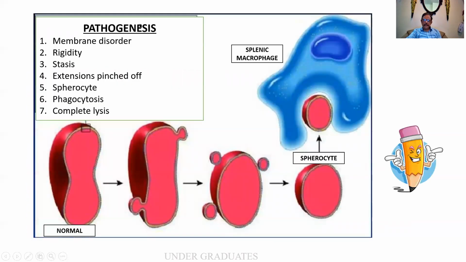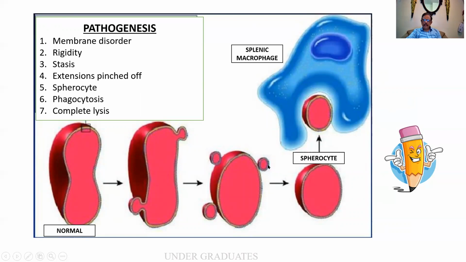This pathogenesis is what I was trying to explain, and you can see this is a normal discoid shape of an RBC. In a case of spherocytosis, there is a membrane abnormality and part of the membrane bulges out. With this kind of pathology, it has to pass through narrow capillaries. Once it is more rigid, it is not malleable, and it attains the shape of a sphere. Each one of these is being pinched off every time it goes through a narrow